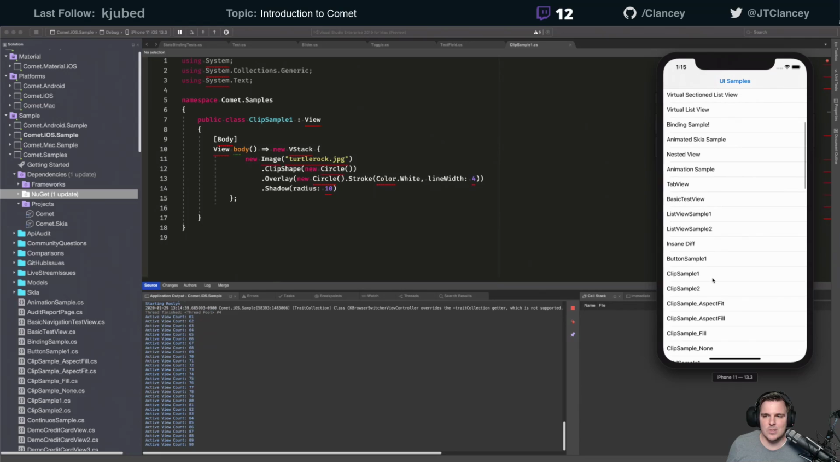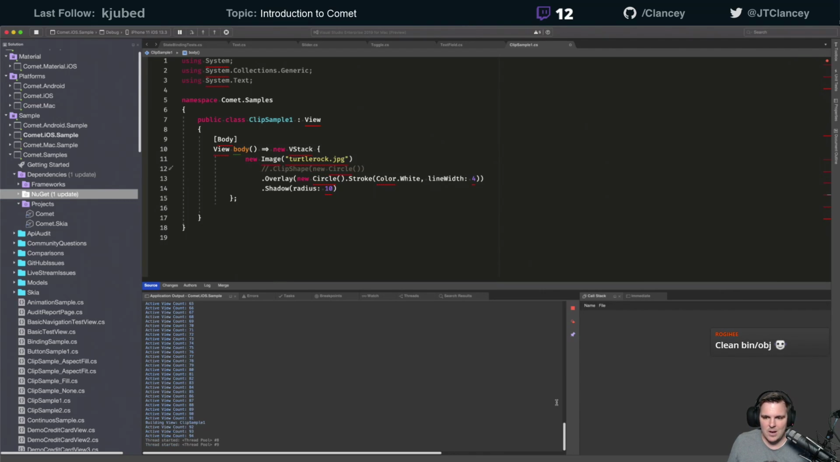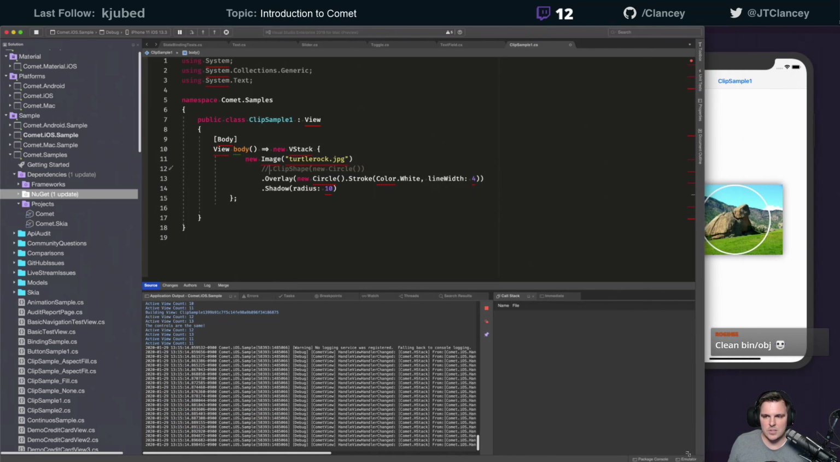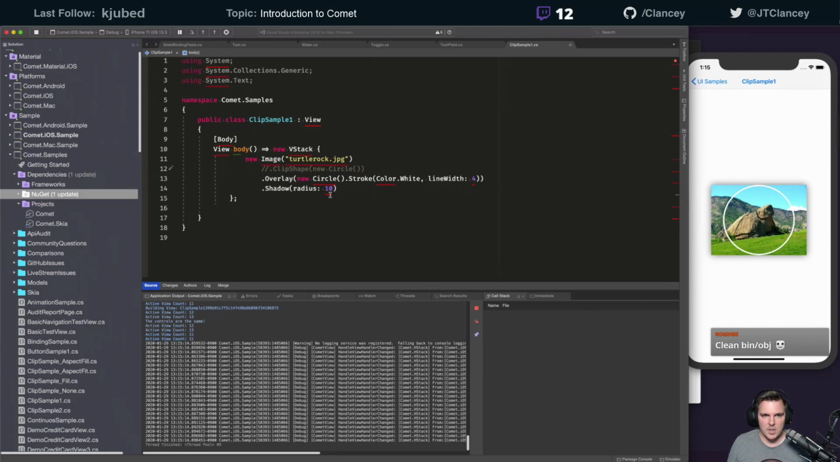All right, so we have this. Let's go to clip sample 1. This is what I was saying, how it has an image with a clip shape to make this a circle. And if we comment that out, and let's bring this over so you can see both at the same time,